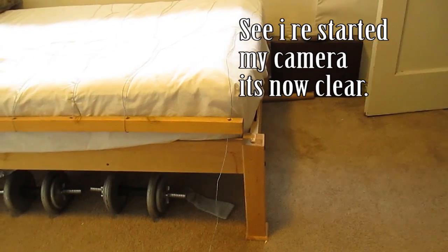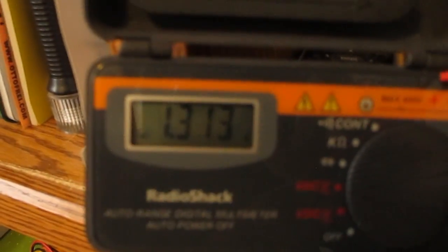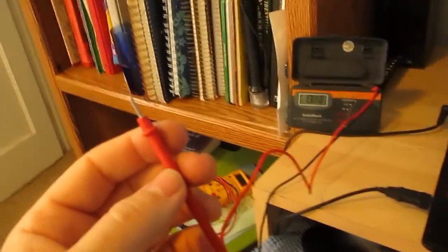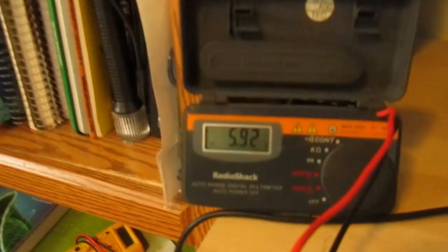Now I have two wires. One is the black wire, which is ground, which is here. And I have that connected to this down here, which goes to my bed and all over the place. So it's attached to that. Alright, so we've got volts 1.3. Okay, now with the hot end, the red end, if I hold it with my fingers, you'll see that